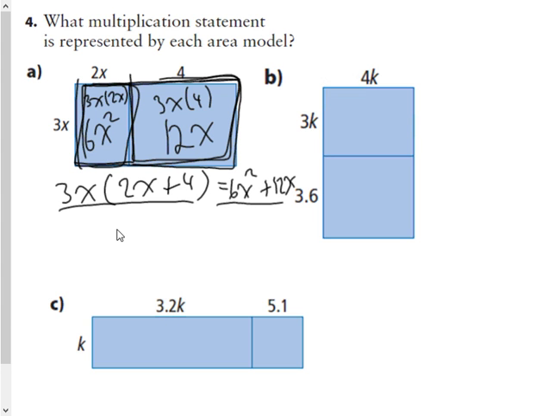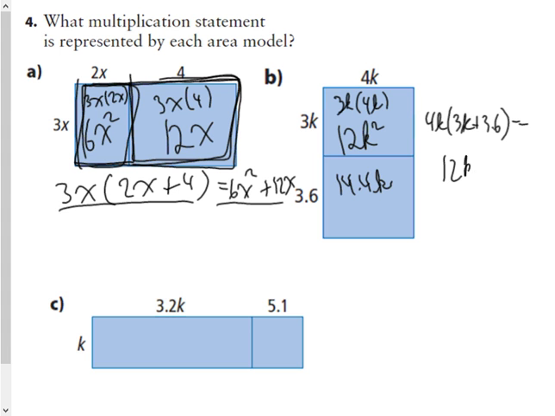There's our simplification. In the second part, we have 3k times 4k. So if I wanted 3k times 4k, that would be 12k squared. And then 4k times 3.6 would be 14.4k. So therefore, the product would be 4k multiplied by 3k plus 3.6 is equal to 12k squared and 14.4k. I always find instead of reading it as plus, if you read it as and, it kind of makes more